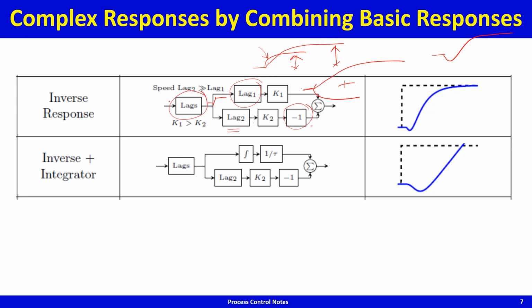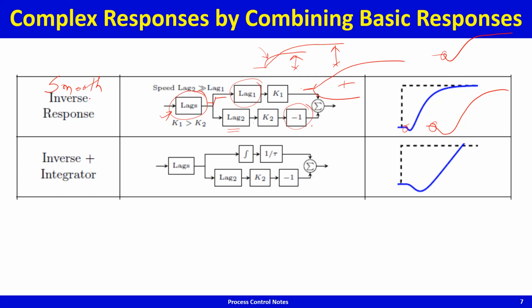What do these lags do? These give you these smooth, non-discontinuous S-shaped, this smoothness is because of these lags. So this is an inverse response, a smooth inverse response, not a jerky inverse response, with lags in series, and